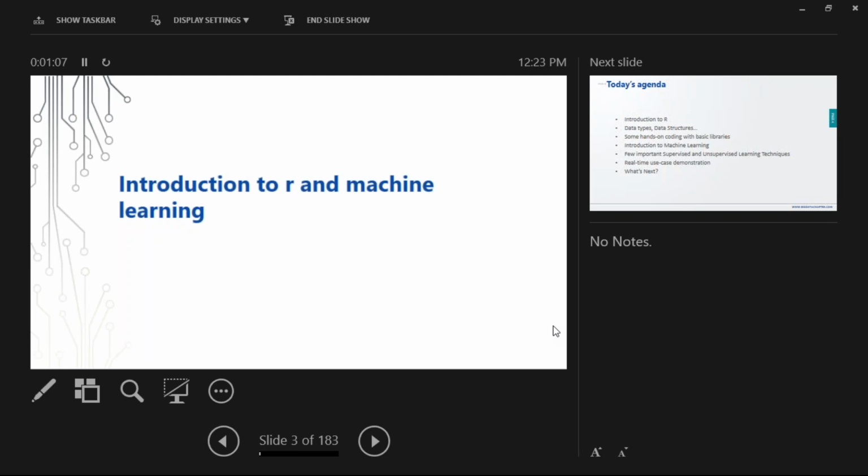Similarly, we'll do the same. We'll say to a computer, see, here this letter is A, this letter is B. We'll give all the 26 letters and we'll again test the computer whether it is understanding the A correctly or not. If it is not understanding the A correctly, we'll say you are making this percentage of error. Then we'll again try to minimize it until it can understand A to Z. So that is the basic concept of machine learning.